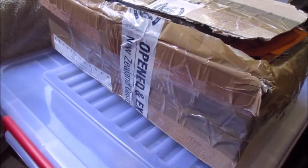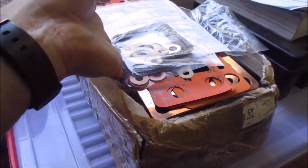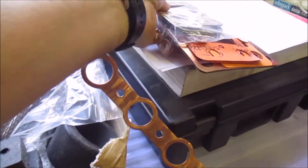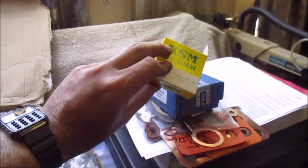This is their tape there, which was fine. I expected that, and I expected to pay duty on it. There's no problem there. This is my box full of gaskets. Clutch springs, thrust release bearing, spigot bearing,